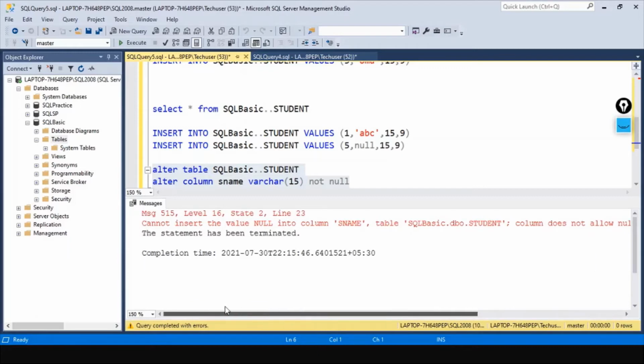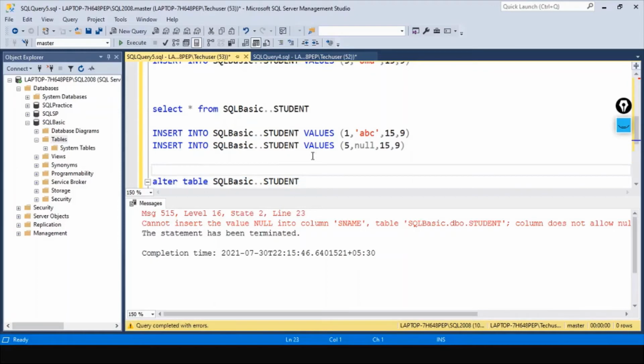Okay, it is saying it will not allow. Let me delete this entry.